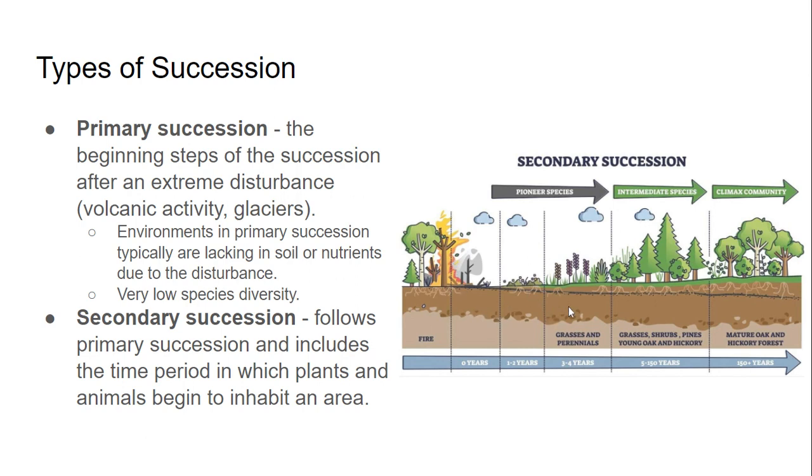So right here, we have your primary succession. These first couple species are going to start to show up. And you'll notice that as we get further and further along, the soil starts to be better and gets deeper, but also the species that are showing up are going to start getting taller and more complex, because with little soil, that means it can only sustain a small number of organisms or only certain organisms. Okay. If you only have a thin layer of soil, you cannot support really tall, big old trees.